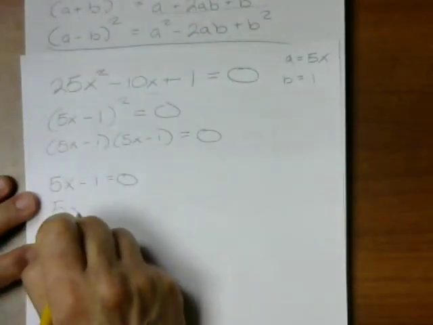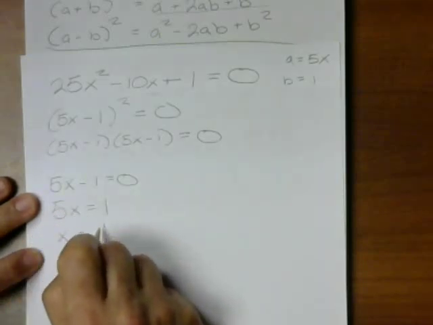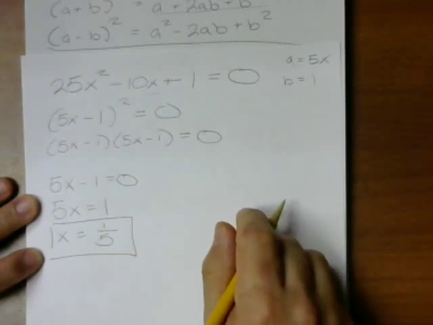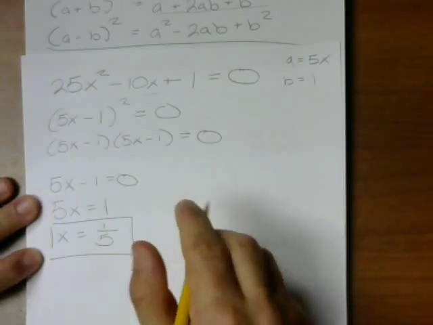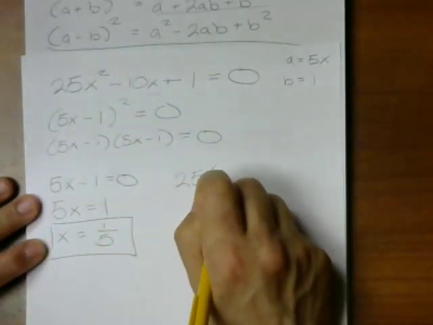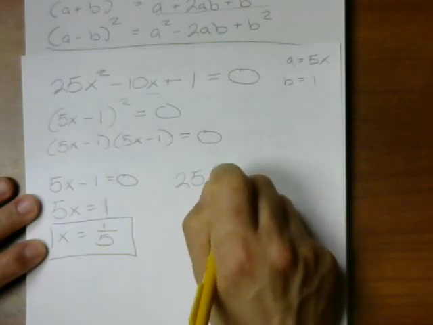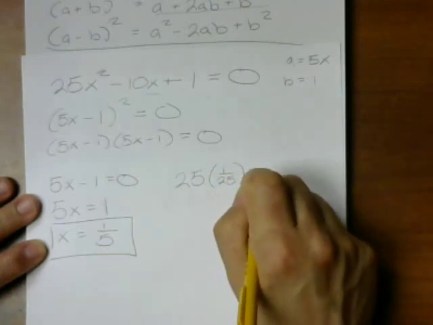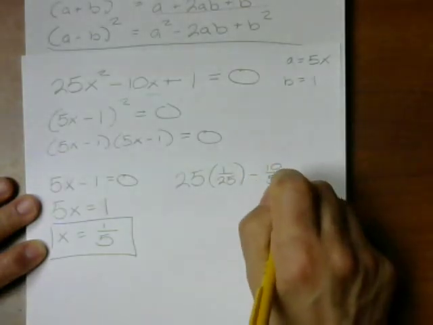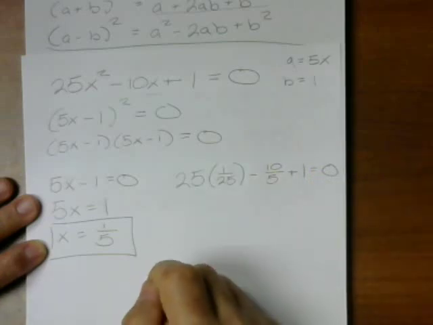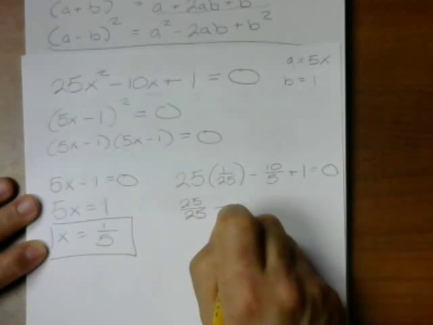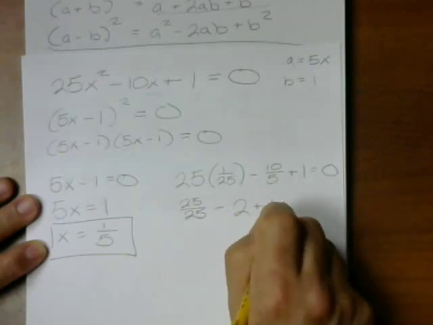And then it's easy for me to see that x would have to be 1/5. Now, if you don't believe me, we could always check our work. 25 times 1/5 squared, well, 1/5 squared is 1/25, minus 10 times 1/5, I could write that as 10 over 5, plus 1 equals 0. So look what I have here. I have 25 over 25, which is going to be 1, minus 10 over 5, which is going to be 2,